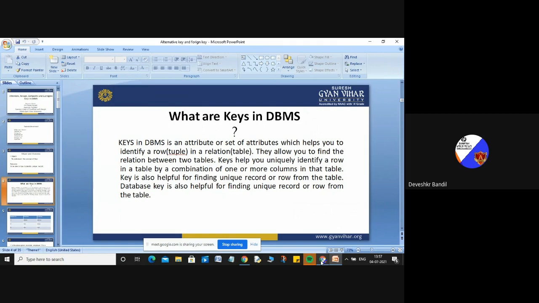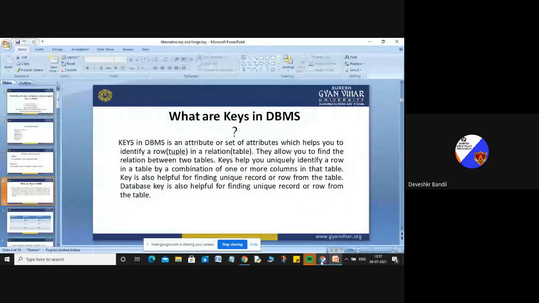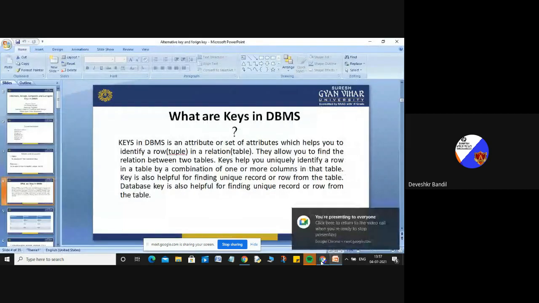They allow you to find the relation between two tables. Also your key is useful when you define the relation between one table and another table. For example, suppose you are having a database of your college management system, and in it you will create many tables for students, courses, teachers, management.